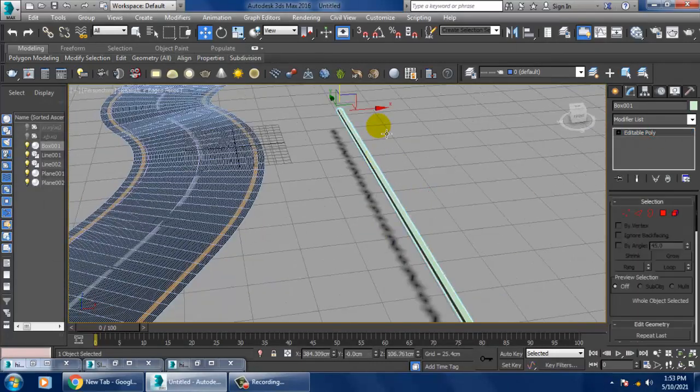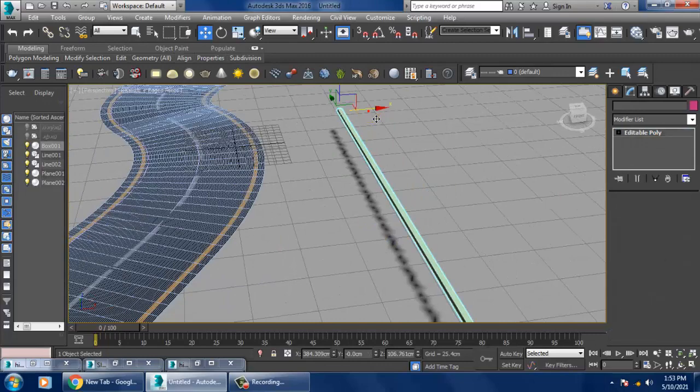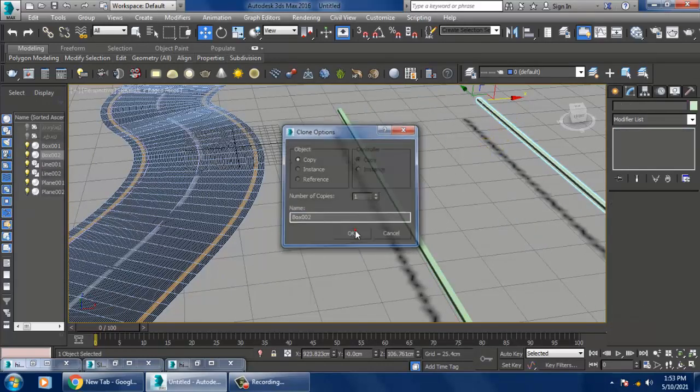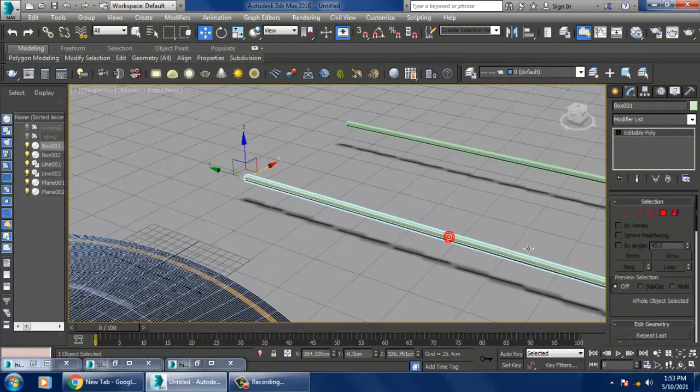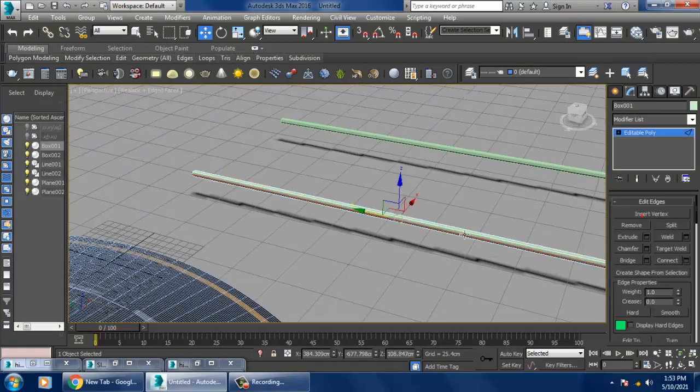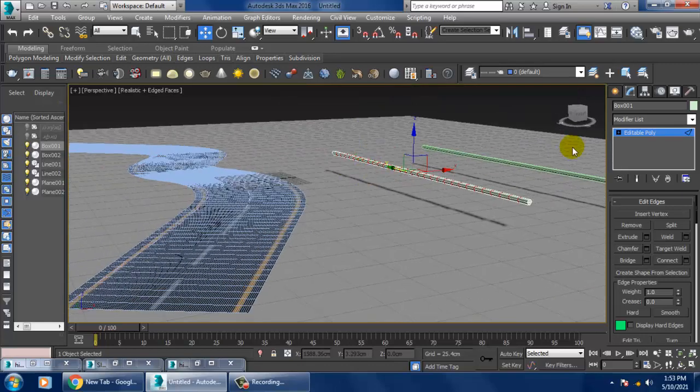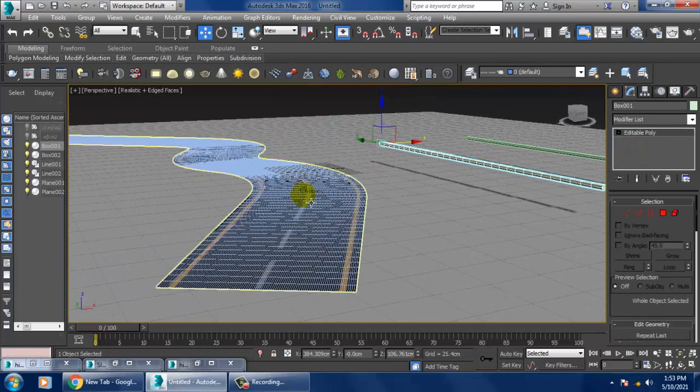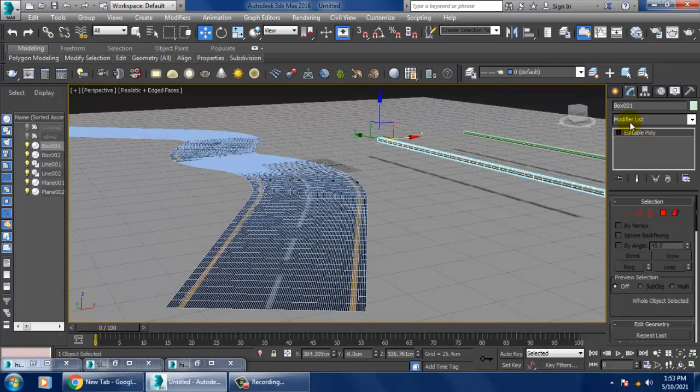Either you can put some edges into it and you can do that stuff, or else we'll just first put this. So select this edges and let's give few connects to it the same way.